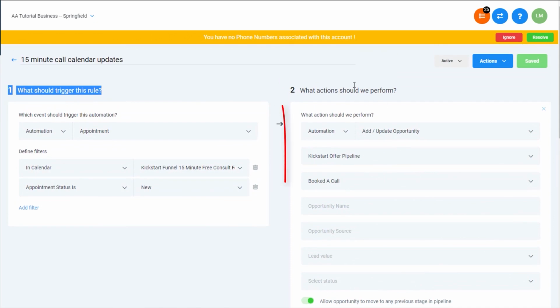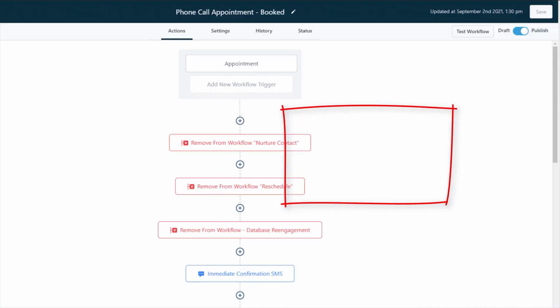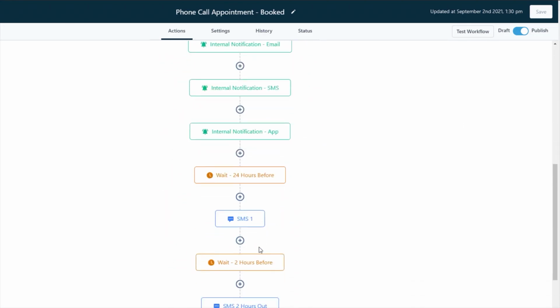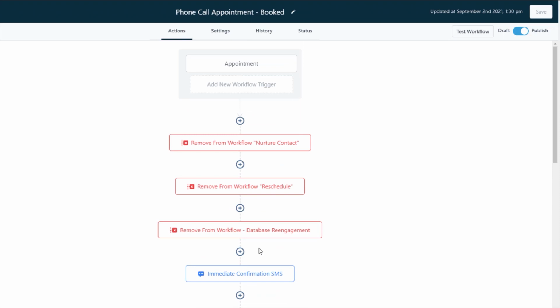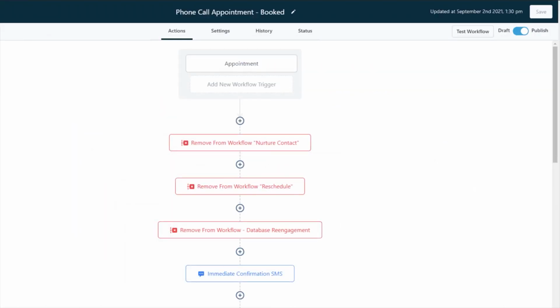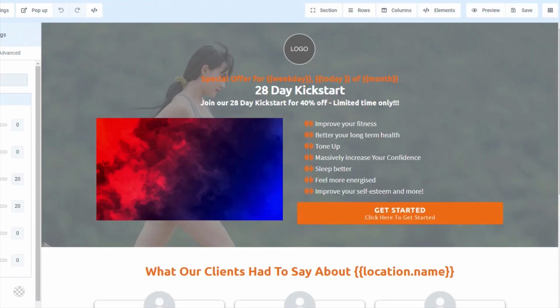So whereas in the past on the right hand side of a trigger, it would update opportunity in the pipeline, book a call. This is now just here as a step. So everything is the same. Anytime we talk about workflows or triggers, it's interchangeable. Just think about it for what you use for yours. So for the purpose of this video, I have just grabbed the workflow, but it could be the trigger if you're using triggers. And that is triggered by,